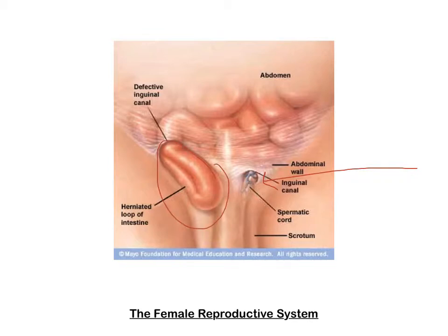And that is called a hernia, an abdominal hernia. So you may have heard of that. That is what causes that. Females can get hernias, but it's very rare. We usually see that only in males. All right, so that's pretty much all you need to know